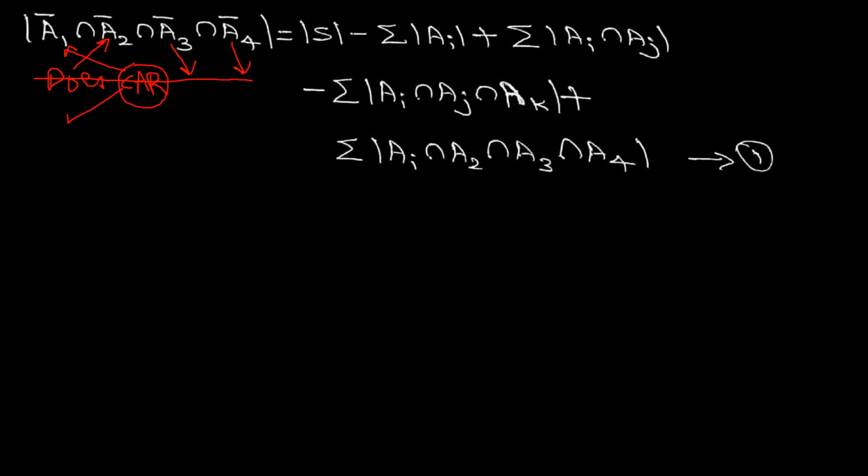So very clearly you can see, A1 is the set of all permutations which contain car, then A1 complement will be the set of all permutations which do not contain car. And we want the set of all permutations which do not contain any of these four words. The formula is given by this. We are all familiar with this. Let us find all of them one by one. We know the cardinality of S, and we will find the cardinalities of each Ai.